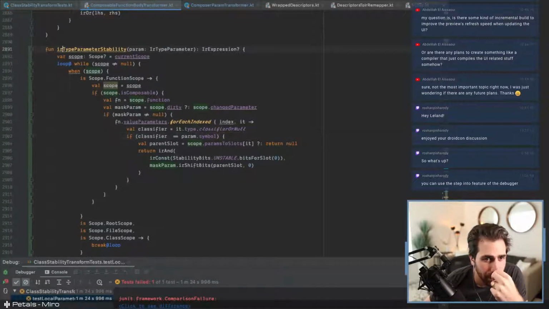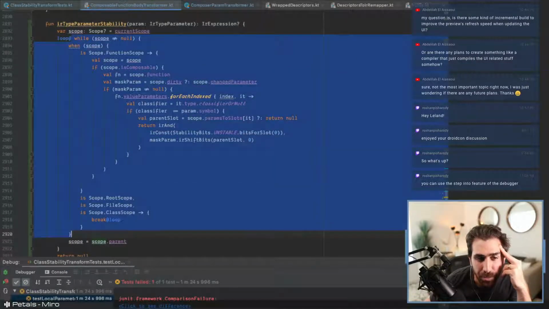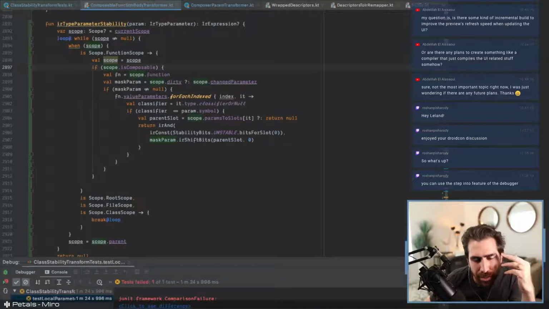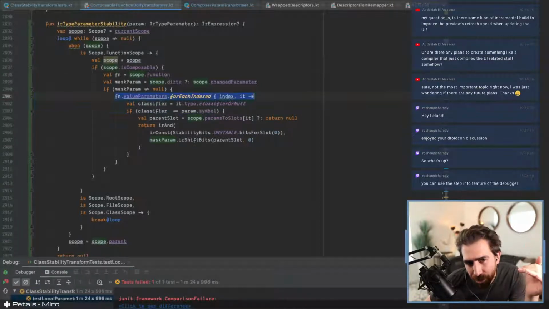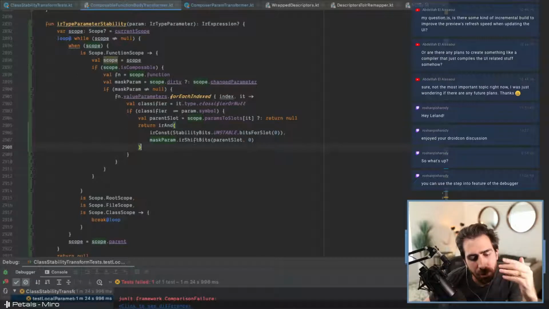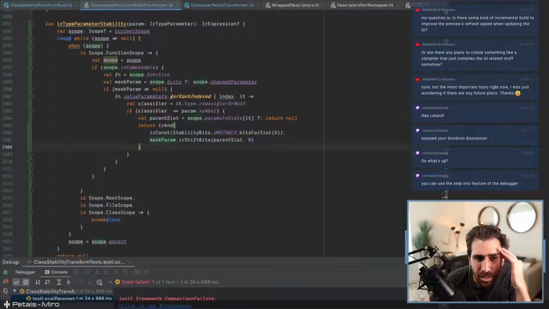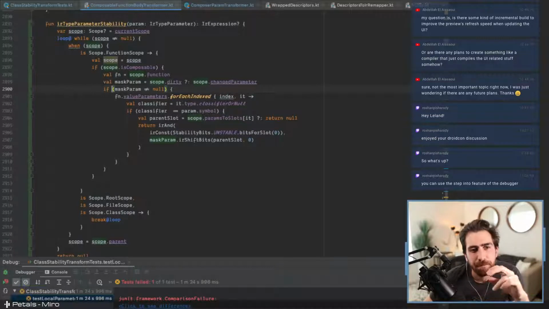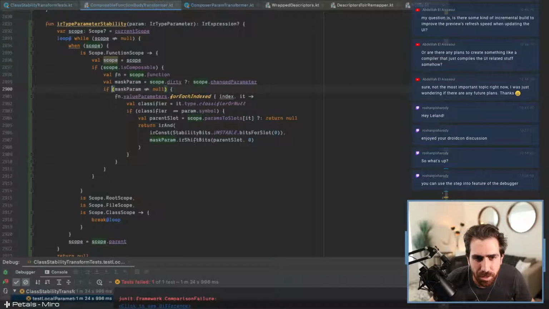And then, this type parameter stability function, we might be able to do some stuff to improve the performance of this. What this is doing is it's going up scopes until it runs into composable functions. And then when it does, it's looping through each parameter. That's probably not a big deal because right now, it will go up all of the lambda scopes and everything, but the nestedness of this shouldn't be super high. We're only calling it when there's a type parameter. And then another thing that I could do here,